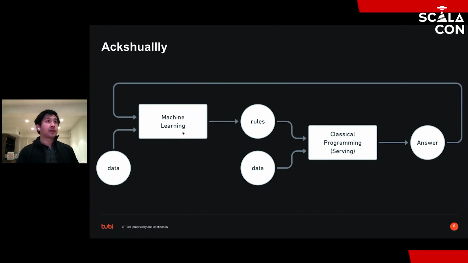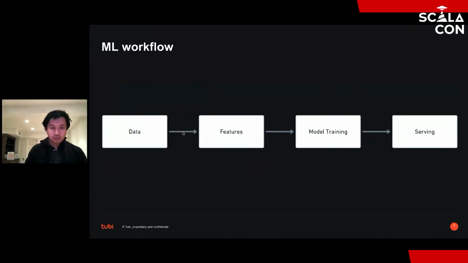The offline component of machine learning then breaks down into a couple of things, right? We'll start with data, and then we have feature engineering, and then train the model, and then finally we serve it. So this is kind of the central diagram, if you will, of how we architect our machine learning operations systems, right? We break the workflow from the raw data all the way to operationalizing it and putting it in the hands of the user. And a lot of the architecture and how we think about the system revolves around this breakdown of the workflow.